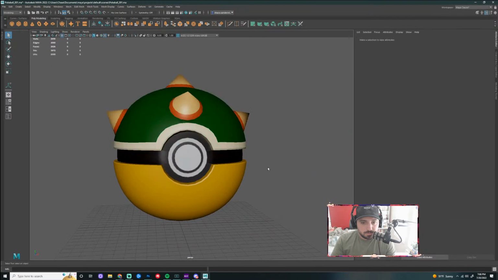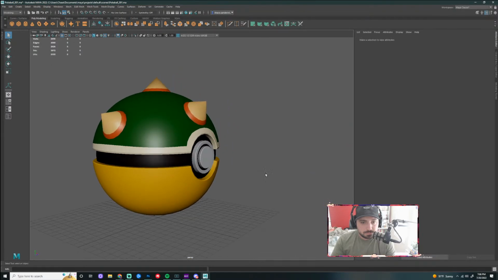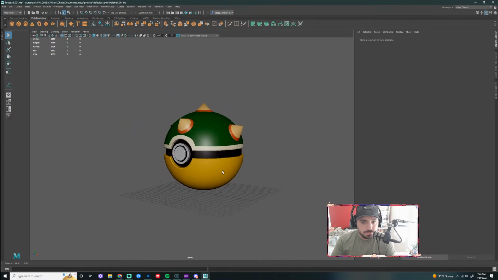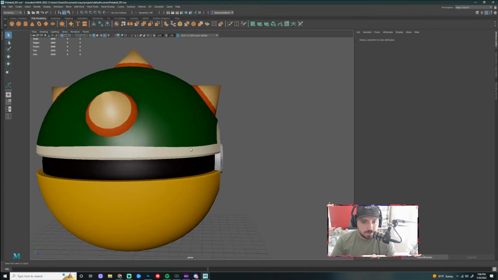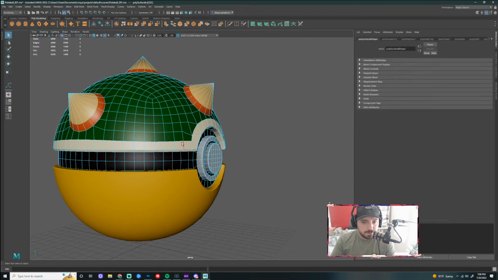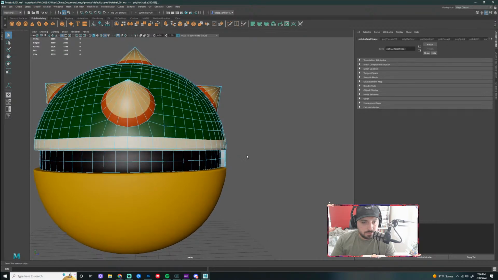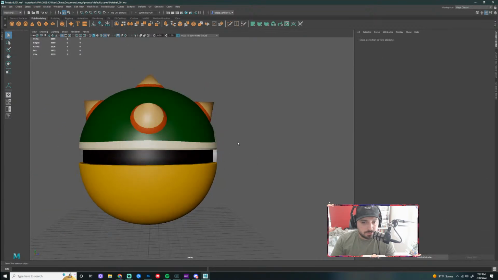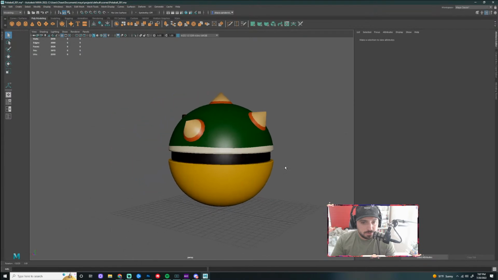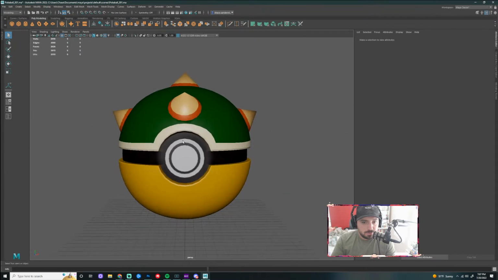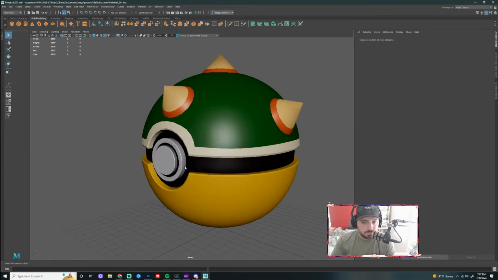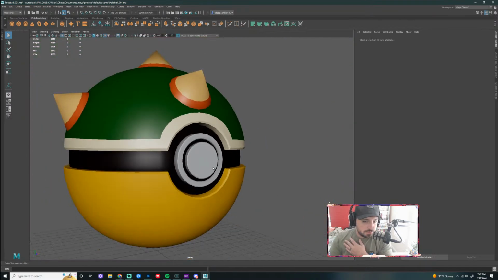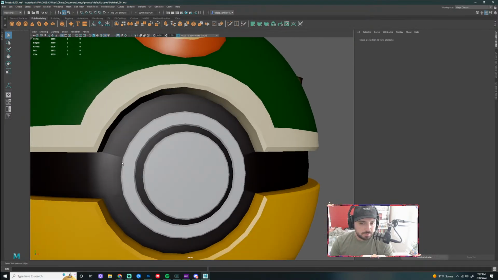So kind of cool, right? So not bad right off the bat. I might want to take this edge and adjust it, but I actually don't mind that it kind of goes around. But there's our Bowser looking Pokeball with its base color map in there right now, right?